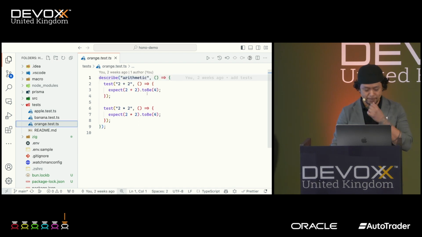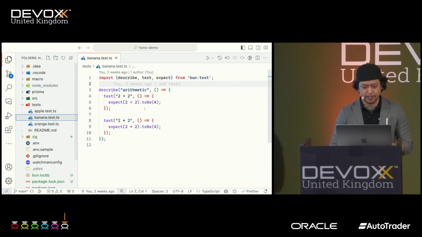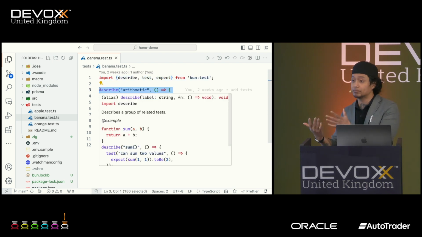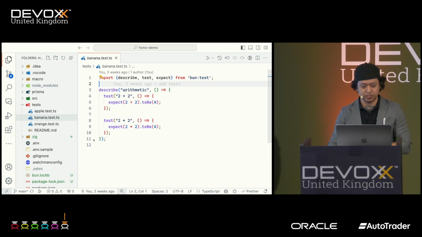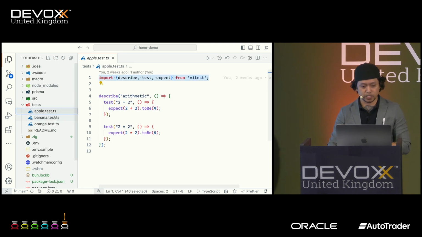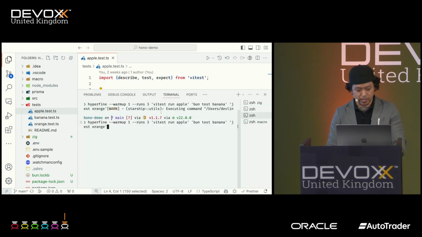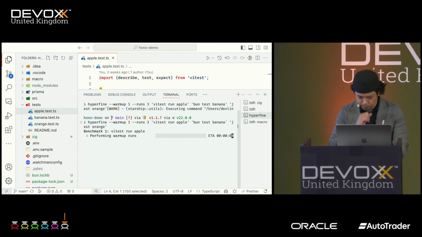In Jest, you don't have to write anything because your editor can know it. And in Bun, I have to use Bun. I don't want to write and delete, so since all of them are using the same test right here, I'm just going to tell which one to run. Again, they're both having the same describe here.